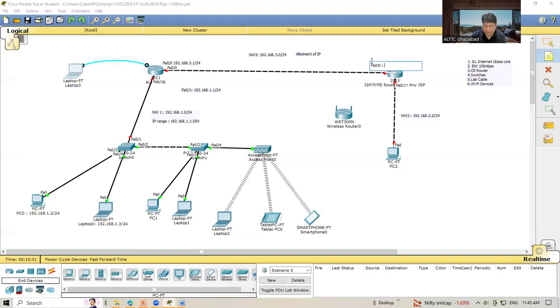So this side again F0/0, another router. What is the IP address of this port? You can make 192.168.3.2. And this is the router port FA0/1. But the network ID of this network 2 is 2.0. So accordingly, you can manage the IP address